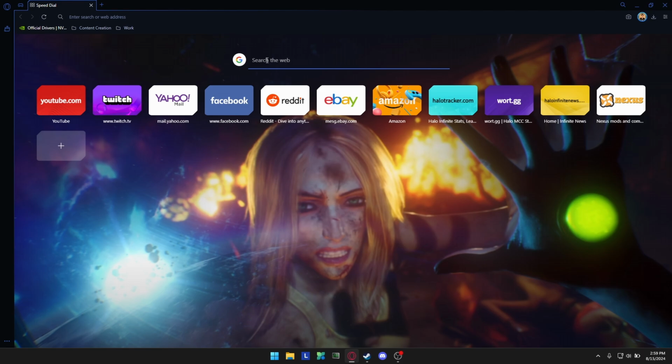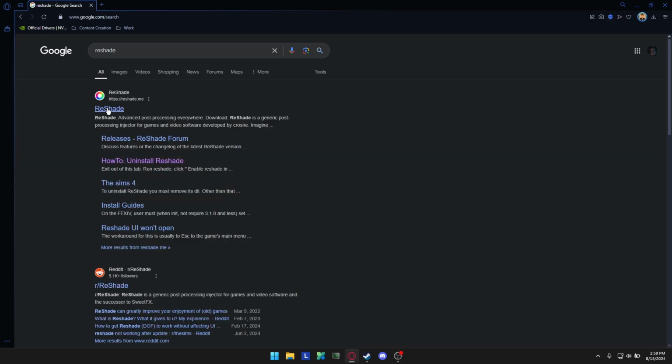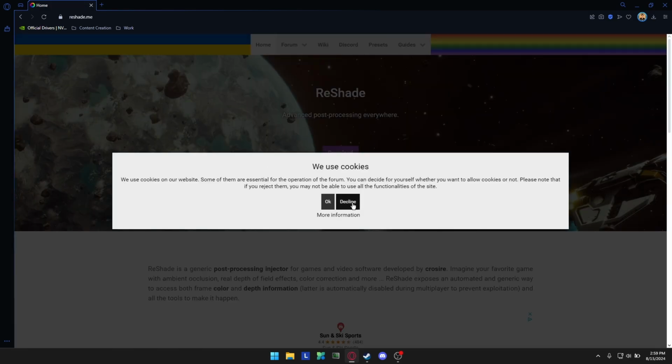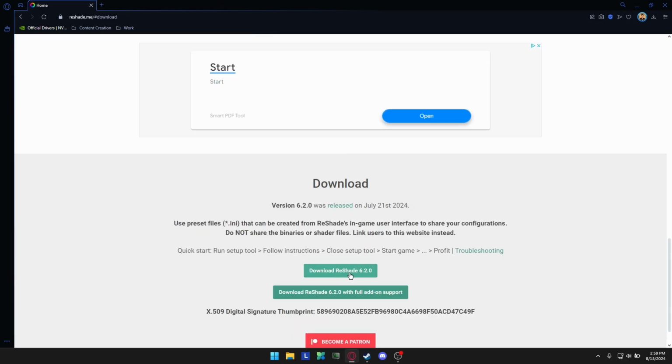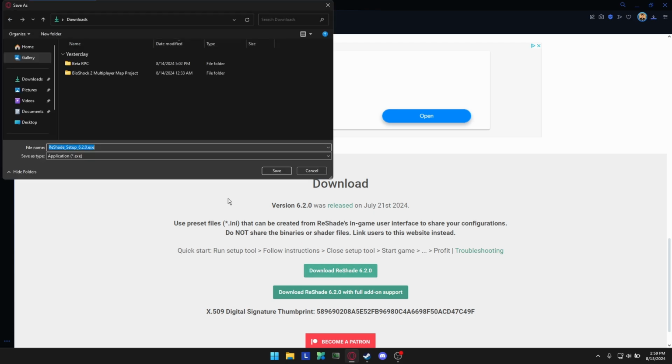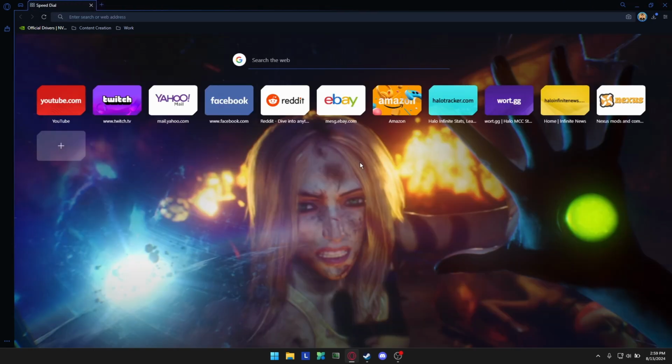The next part of the guide is showing you how to use your own custom reticle. So the first thing we're going to do is we're going to go over to ReShade. Click on ReShade. We're going to decline cookies. Going to download ReShade 6.2.0. Now we're going to... Well, actually, we'll keep the internet browser open because we'll come back to this here in